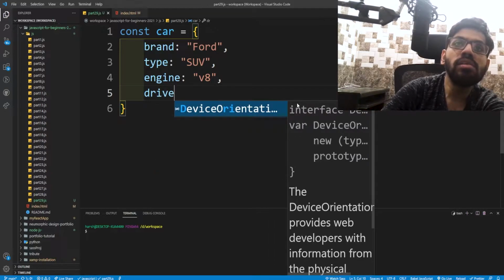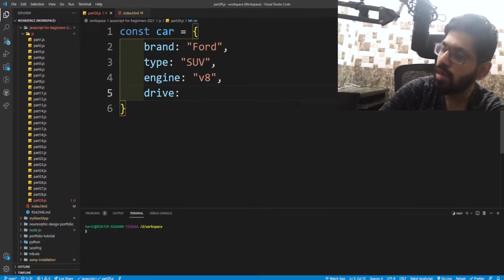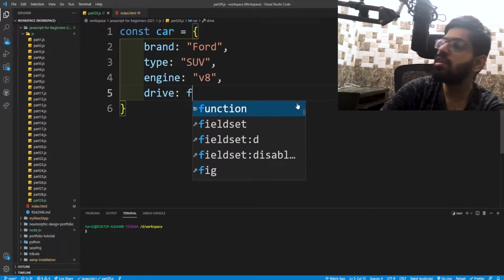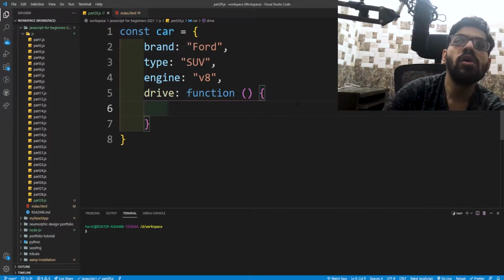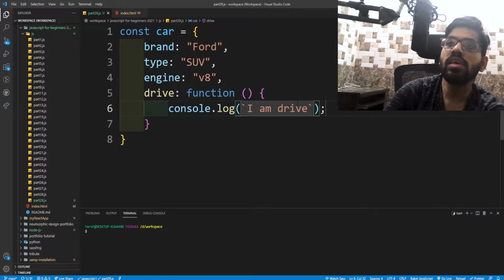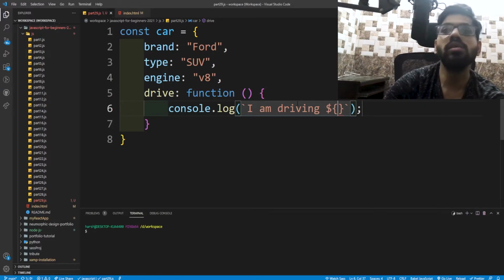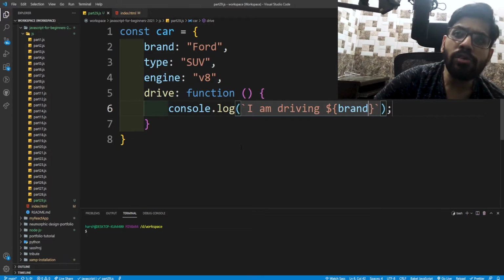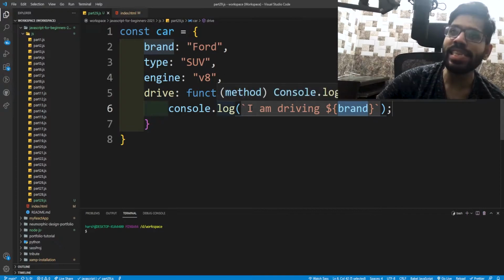Drive function, console log I am driving, dollar sign curly brackets brand. What I'm trying to do here, I want to call this variable in this console log,